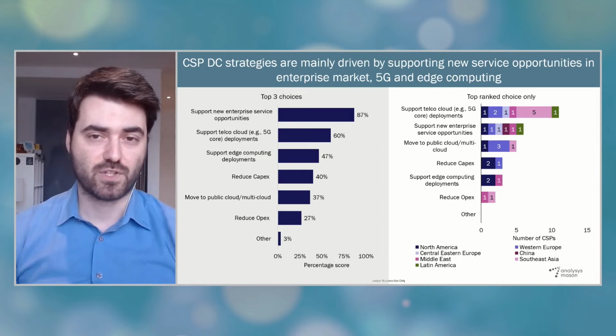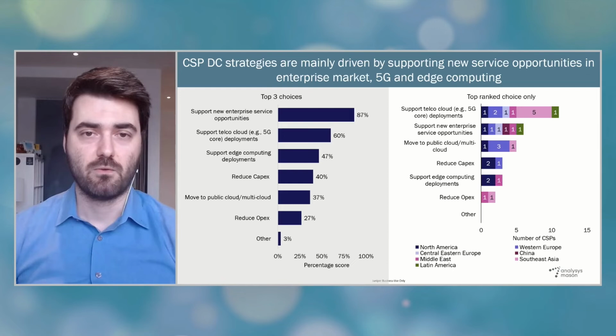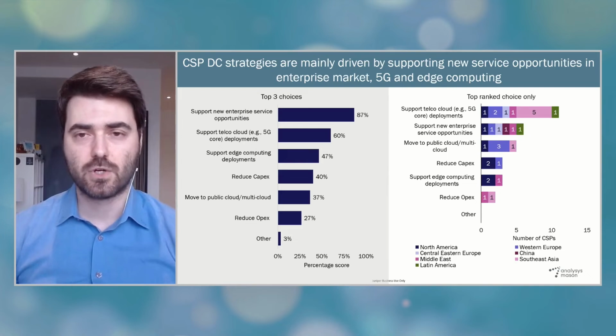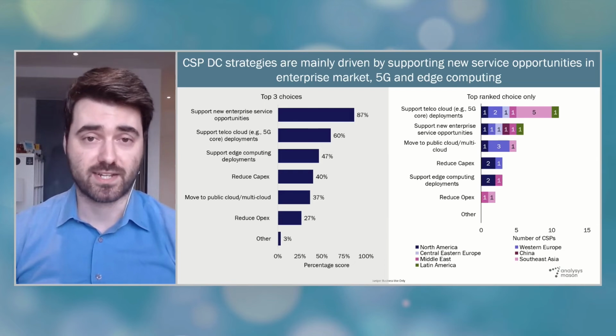CSPs are in the process of building their 5G networks using cloud-native disaggregated technologies, and they're starting from their mobile core networks, for example, running on centralized data centers, and gradually expanding into the radio access network, where you have the vDUs and the vCUs deployed in network edge data centers. So this finding suggests that the CSPs acknowledge the need to modernize and automate their data centers to successfully manage